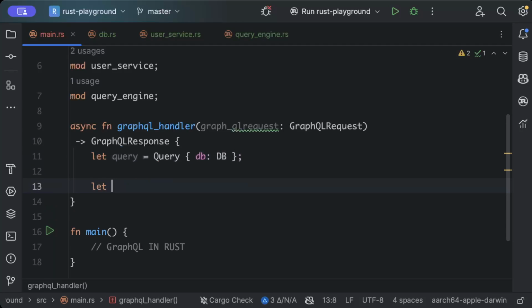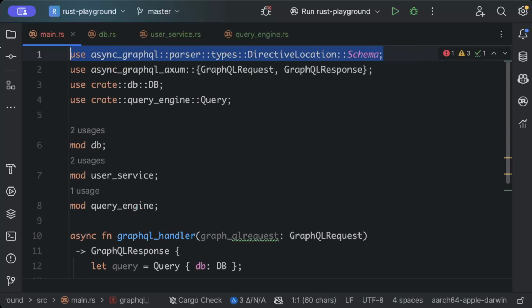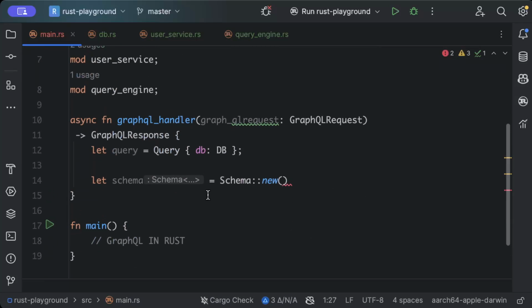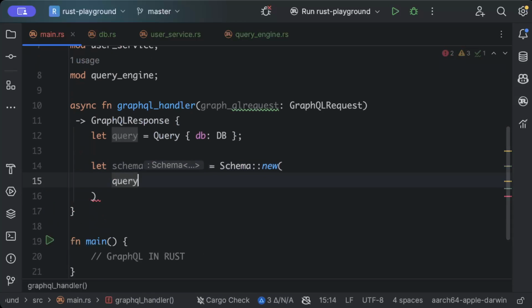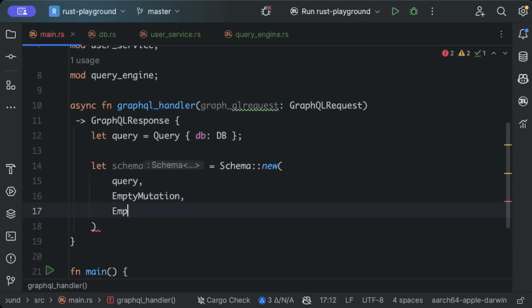and then we'll just say let schema is equal to Schema new, and actually we have to fetch Schema not from here but use async GraphQL Schema, this one, and in the new we'll pass our query, empty mutation, and empty subscription,